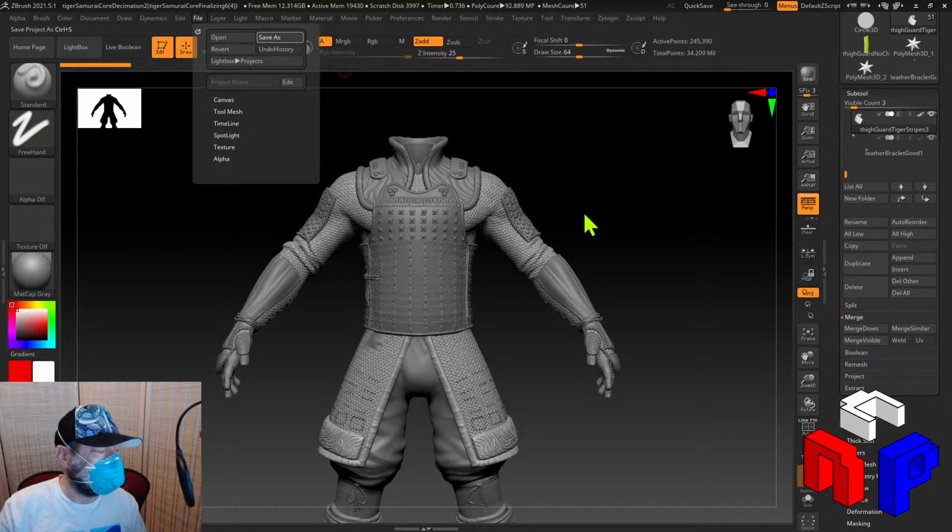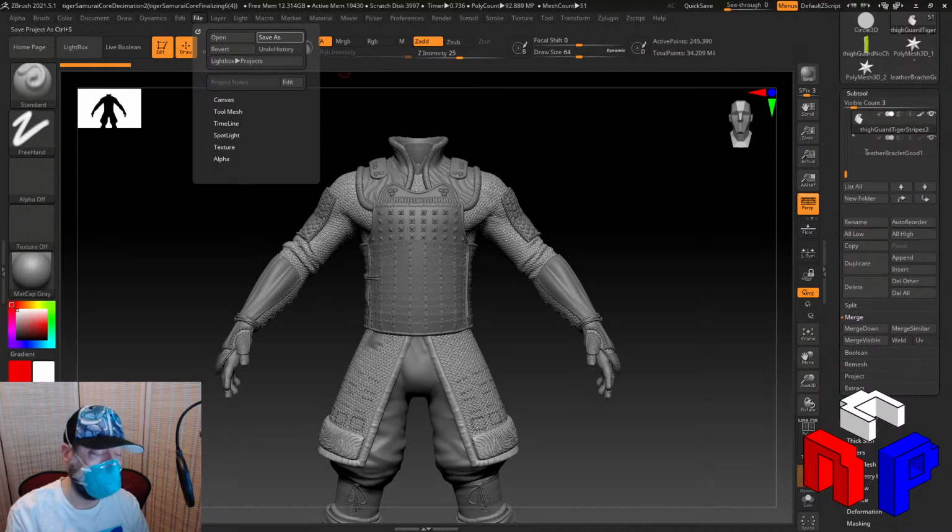I know that the latest Tiger Samurai Core Decimation file is 3. So I'm going to name this 4 and denote that it's branching off from Tiger Samurai Core Decimation